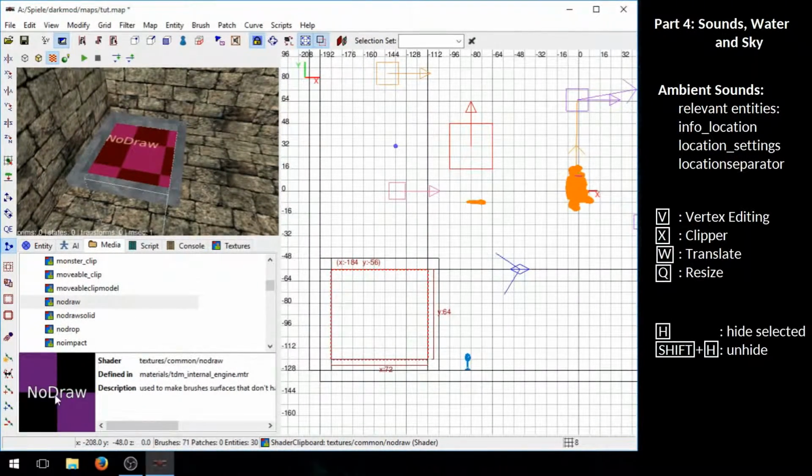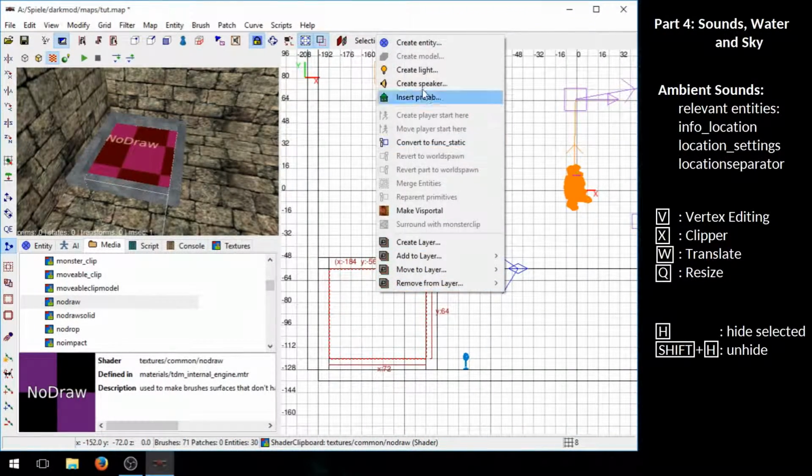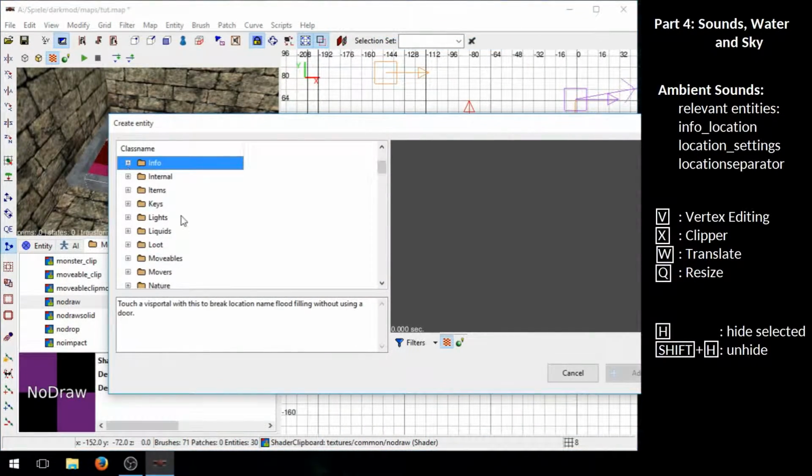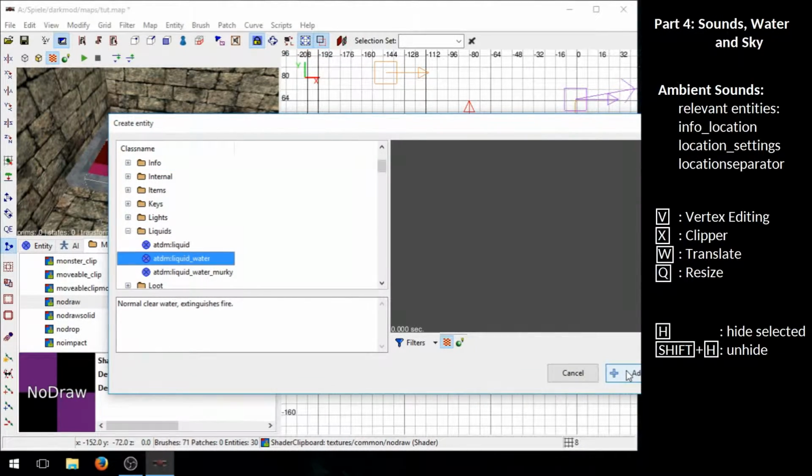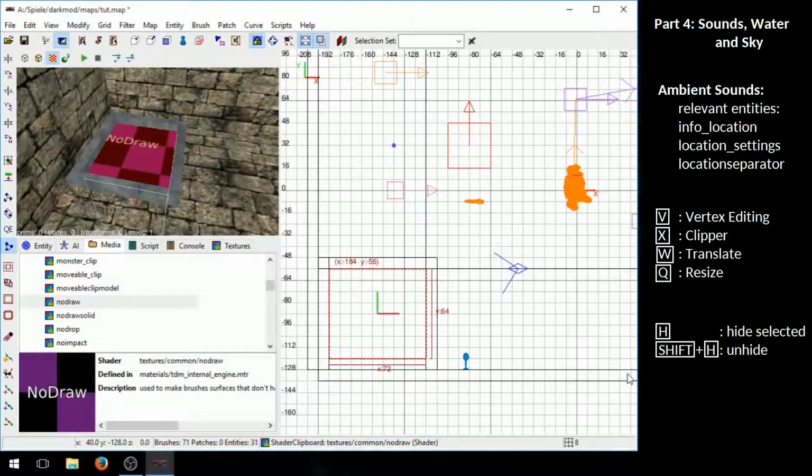Now select this brush again, and while it is selected, create an entity that will make it into swimmable water. So we go to the liquids folder, extend it, and select liquid water. Add this to the brush. Press escape